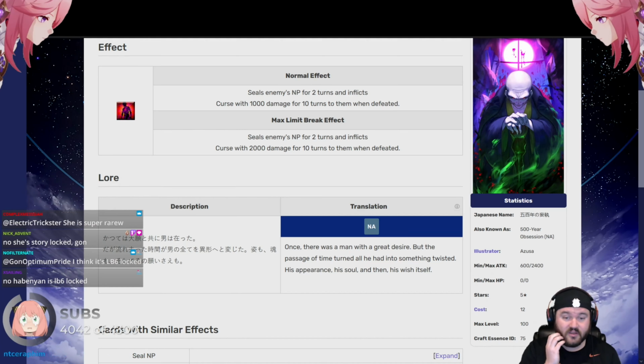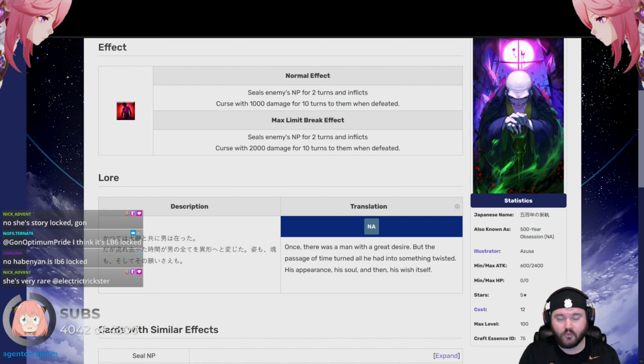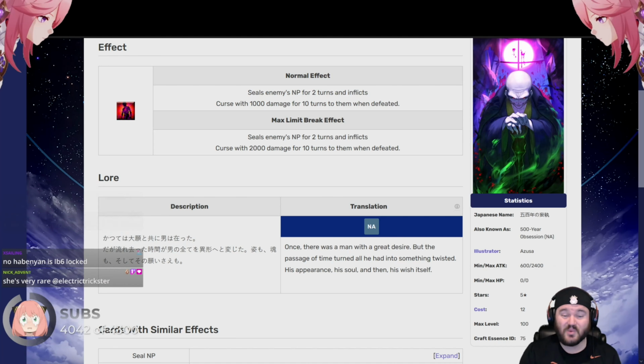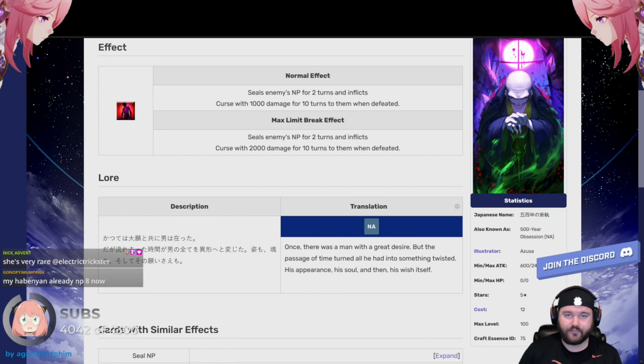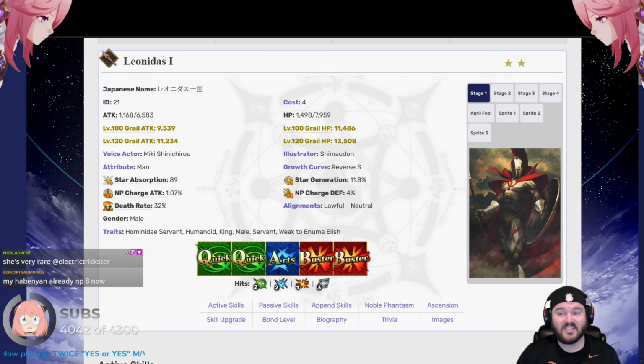However, for some reason or another, it's one of the more common 5-star gacha CEs that I've come across in my several months and hundreds of accounts reviewed here on our channel at Twitch, where we do support roster reviews. It seals the enemy's NP for 2 turns and inflicts curse for 1,000 damage over 10 turns when that servant is defeated. So mechanically speaking, the way that works is if I have 500-Year Obsession on Leonidas, when he dies,